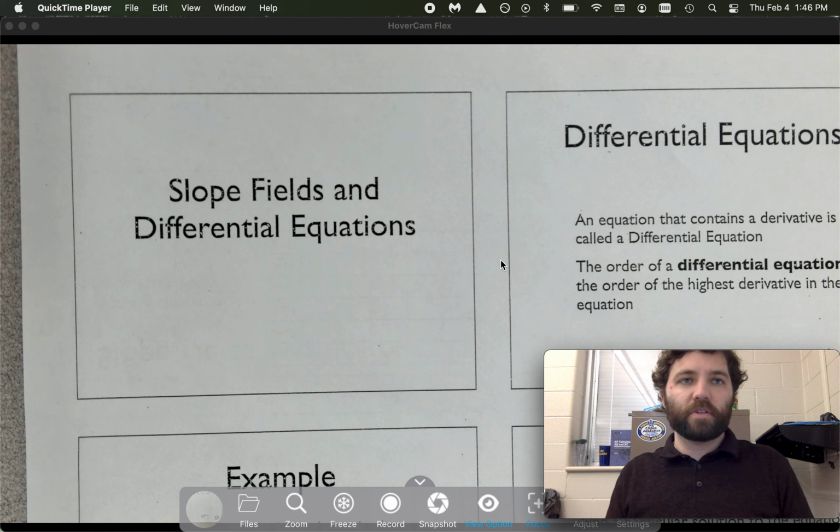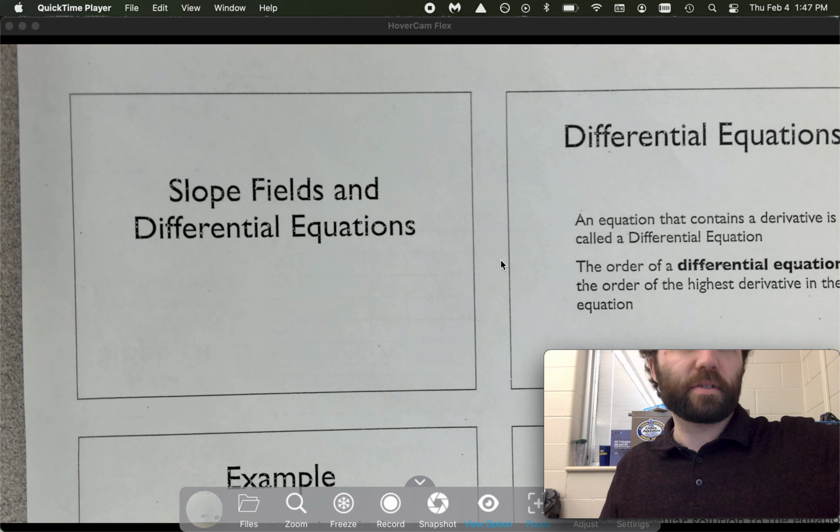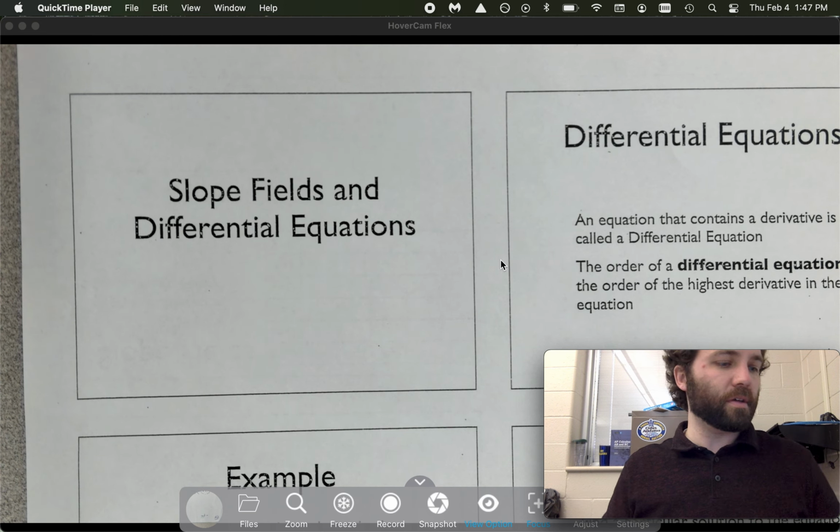In differential equations today. We've actually already dealt with these a little bit because I introduced them earlier in the